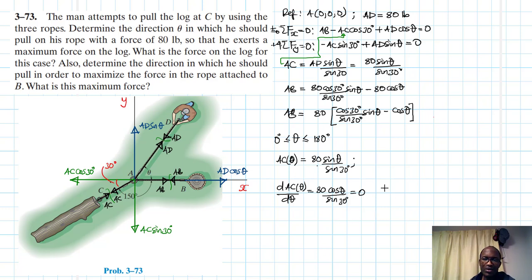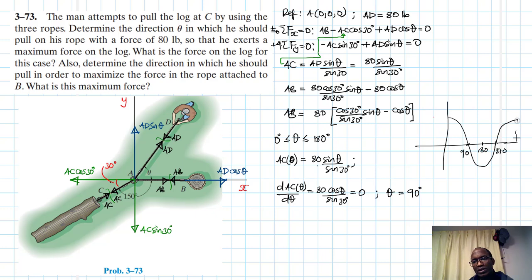Either you make cos inverse of 0. So you find that theta here is just going to be equal to 90 within this interval. We know the cosine function looks like so. At 90, this is 90, this is 180, this is 270, this is 360. So at 90, cos is 0. At 270, it is 0 also, but we are just looking at the interval 0 to 180. So 90 degrees. So we found one value